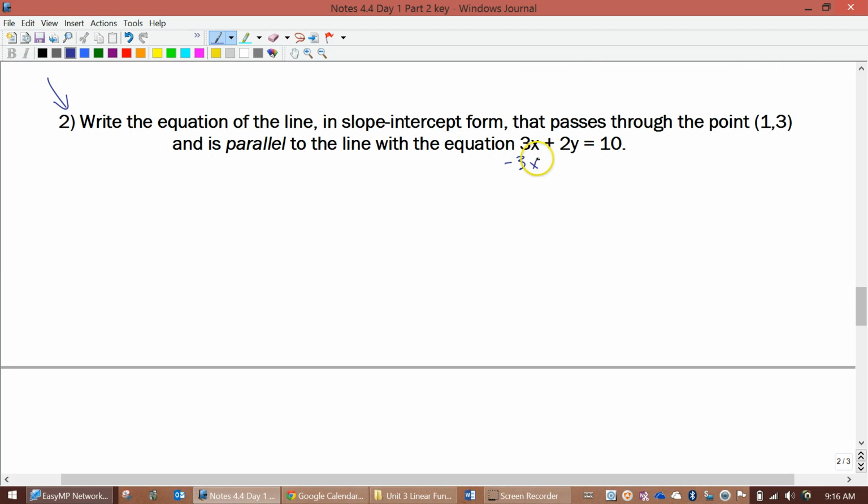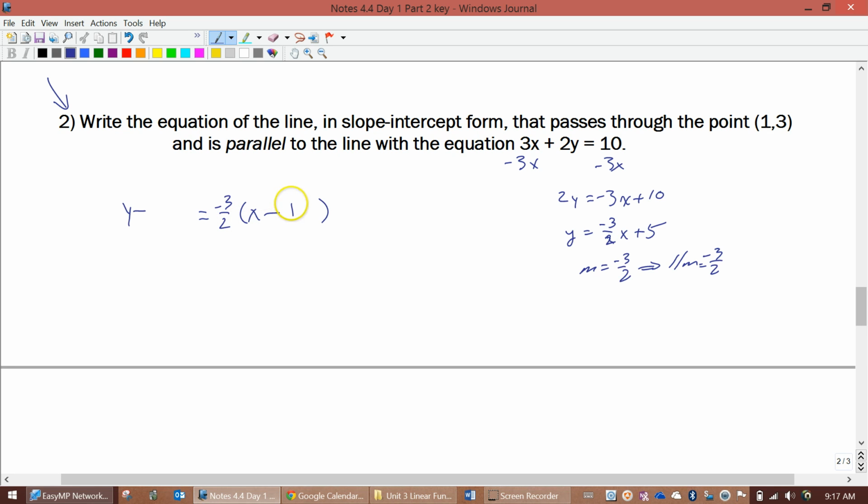To find the slope, you solve it for y. That allows you to solve for the slope. You need to know why you're solving for the slope. Oop, that's a 2. So the slope of this one is negative 3 over 2, which means the parallel slope is going to be negative 3 over 2. And then we can put it in the point-slope form. So then we put our slope in here, put our x with our x, put our y with our y,